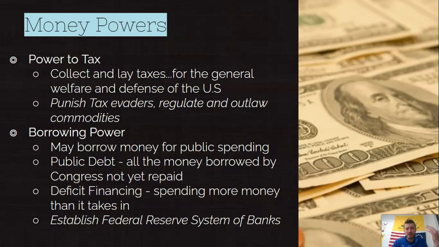They take your money, and then they're going to give it back to you in 5 or 10 years with a little bit more for interest. So it's a very stable way for people to invest, and that's why it's very popular. It's also really helpful for the government because it allows them to do more if they're not collecting enough tax revenue. The public debt is all the money borrowed by Congress that is not yet repaid. Right now it's at $25 trillion.